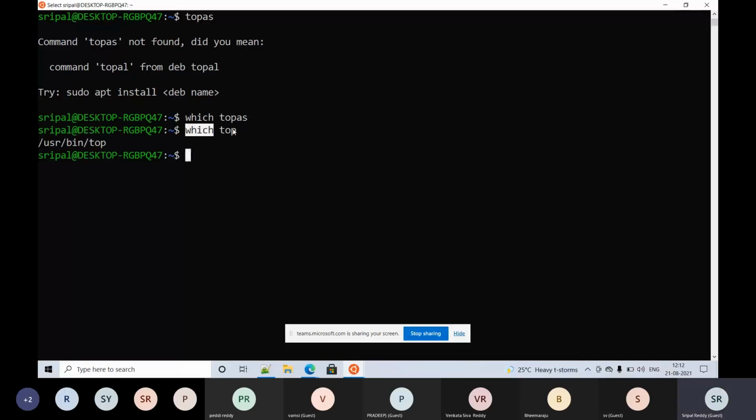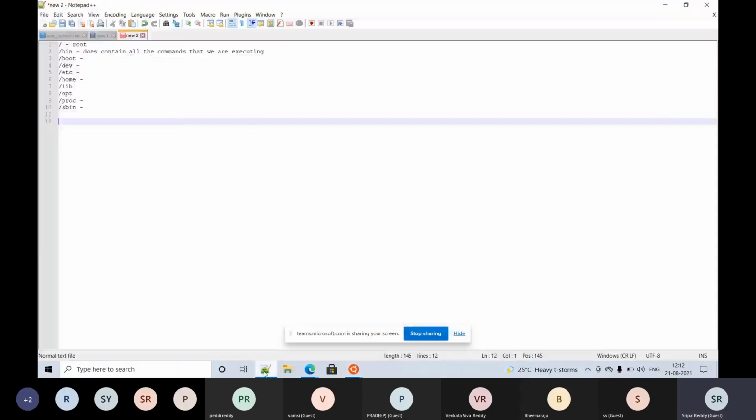Any command for that matter can be stored in different places. When I was talking about the basic directories, I said a few files will get stored in the bin directory, and a few files will get stored in the sbin directory.